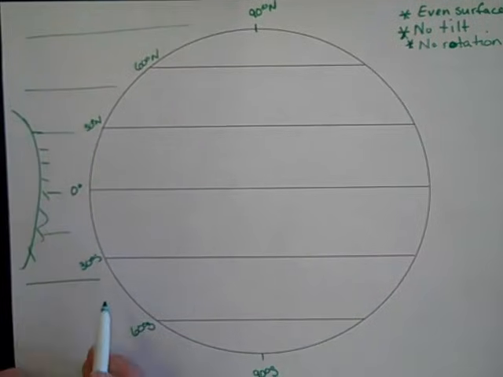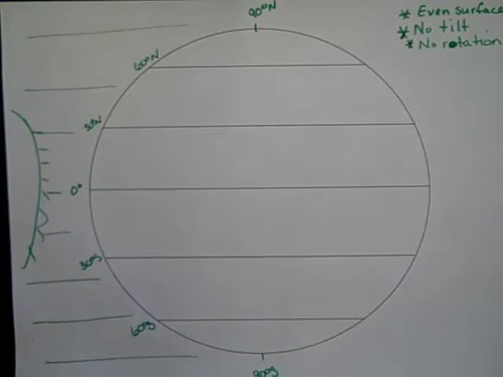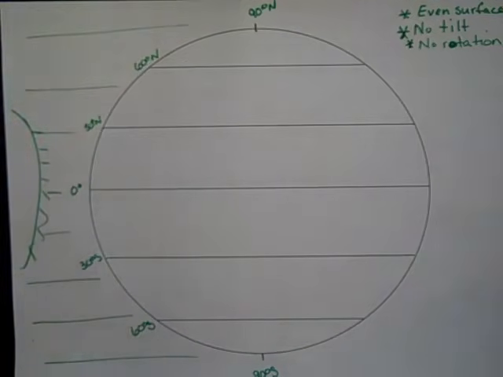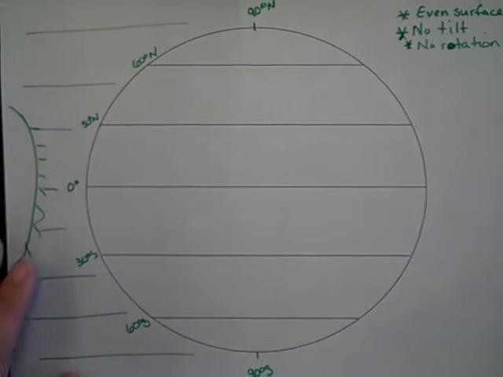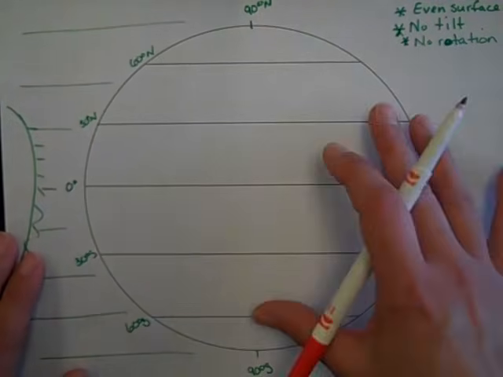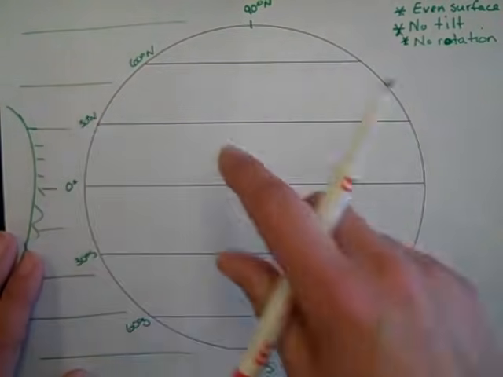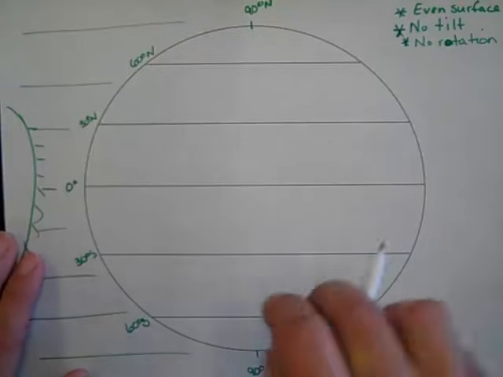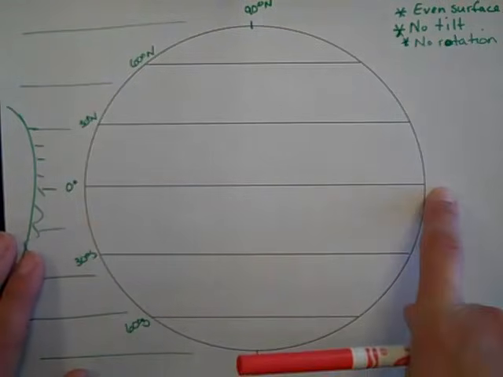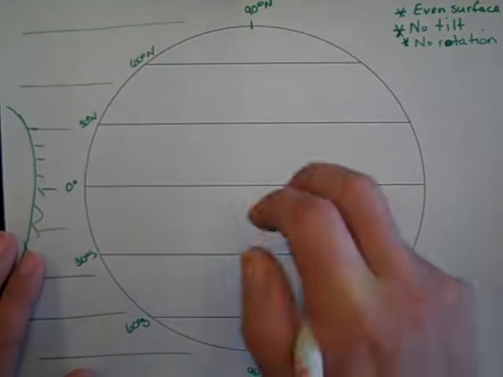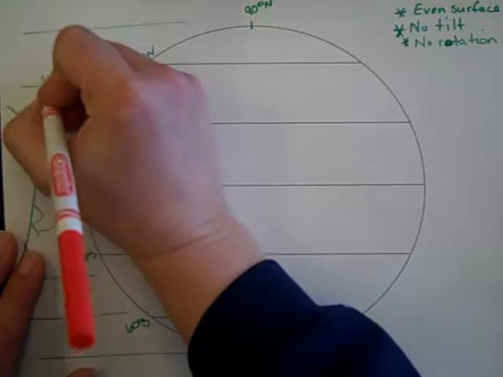If you've ever been outside in the springtime, when the sun starts to go down, you kind of get that. You know that the sun at a lower angle is going to be quite a bit less powerful than sun at a high angle. So we have a little bit different heating. So even though we have even surface heating, what we have is different angles coming in, so that's going to change our heating a little bit. So here at our equator, we have much more direct heating, so it's warmer. So we have a very warm area,